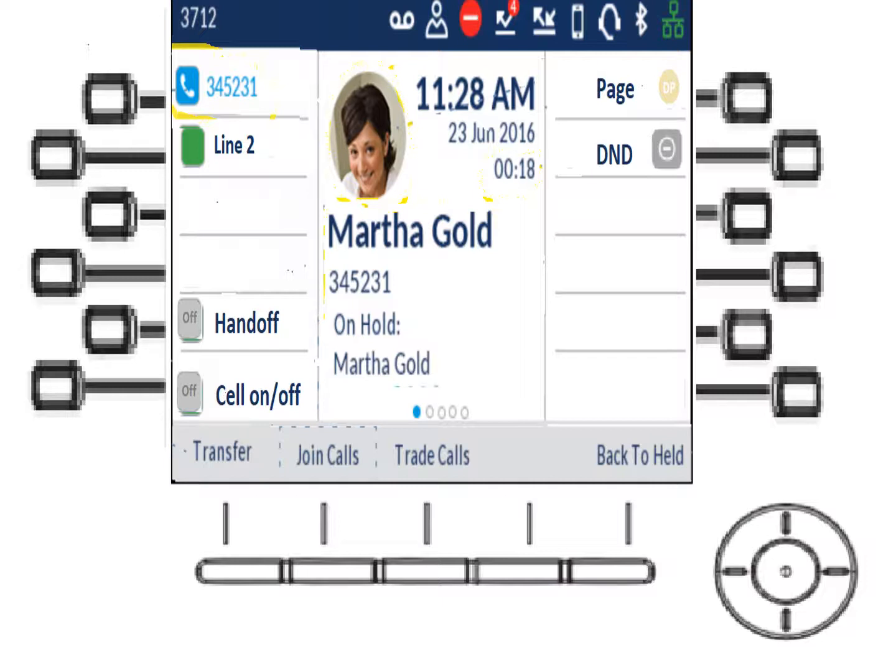Or I can trade calls. What that means is I can go back to the original person I was talking to. If I was going to transfer this person, I just hit transfer to complete it. So you can make decisions as you go along, and it makes some sense because let's just say I go